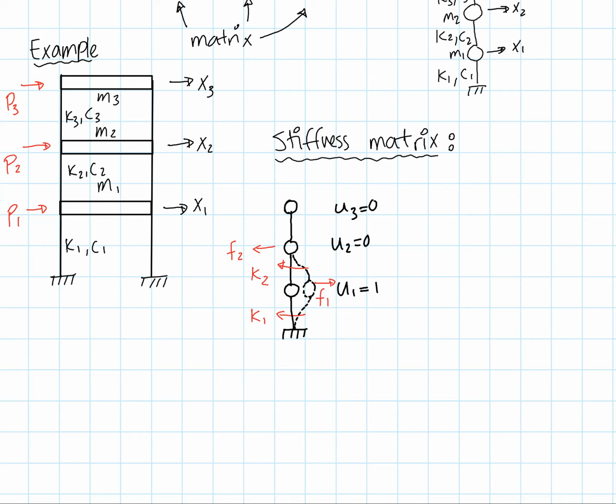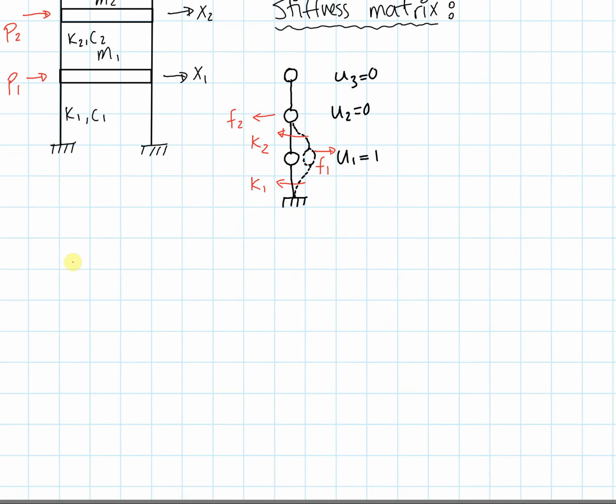Okay, so now what I want to do is to create my stiffness matrix and plug in the parameters as I go along. So I've got my capital K, which is my stiffness matrix, and what I'm doing now is plugging in all these parameters. I have 3 degrees of freedom. My stiffness matrix will be a 3 by 3 matrix. So I will have, for the first term,